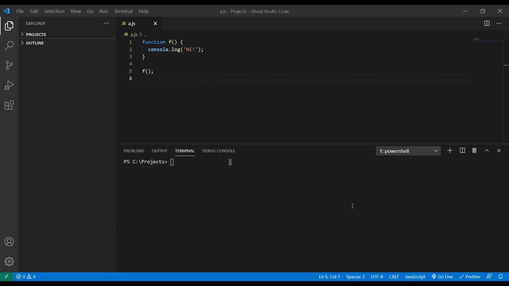Let's see how functions can return values. If we run this code, the log gets executed and we get hi printed to the console. But if we instead return hi and run the code, although the function is called, it returns this string, but there's no way to see it in the console as is unless we log